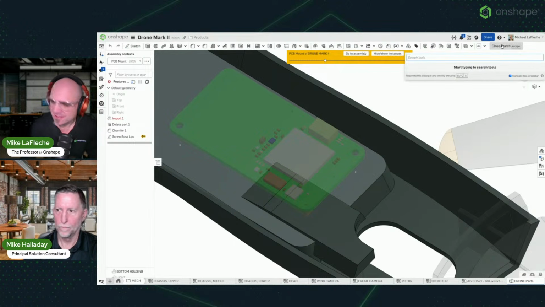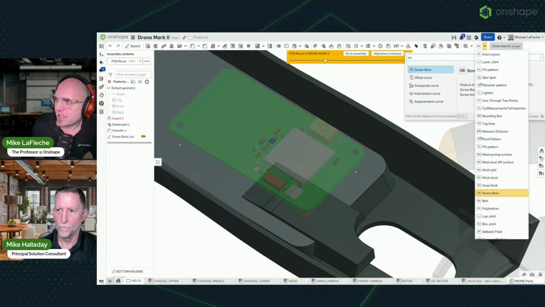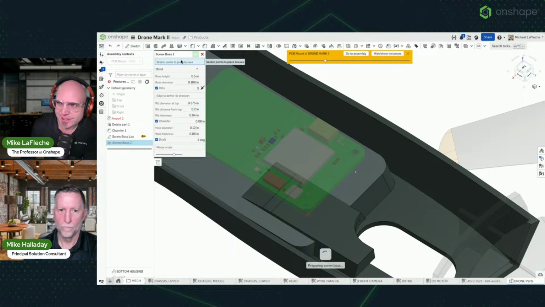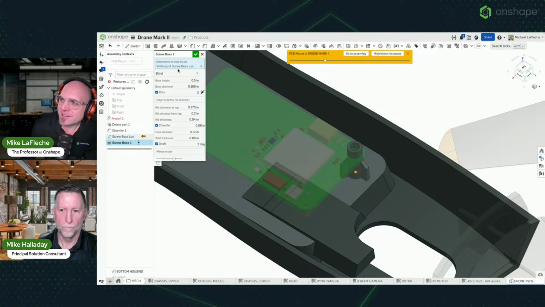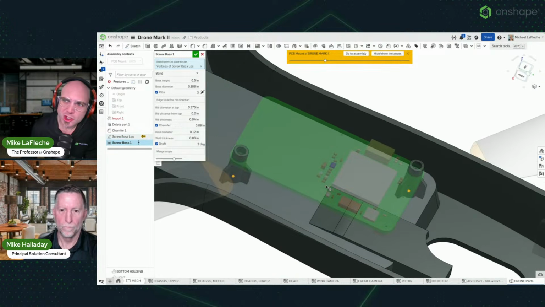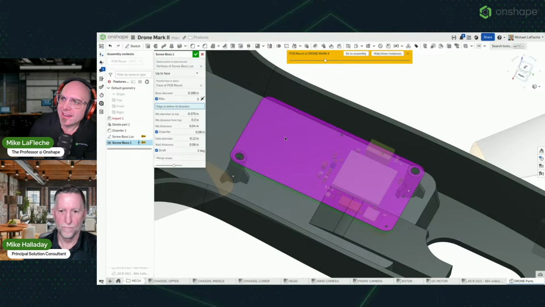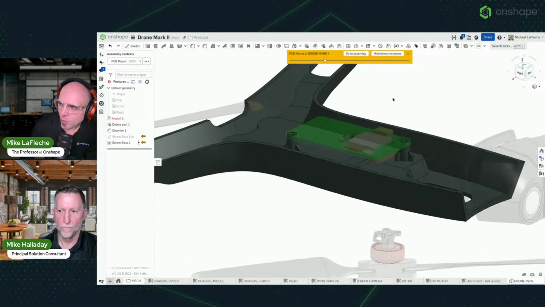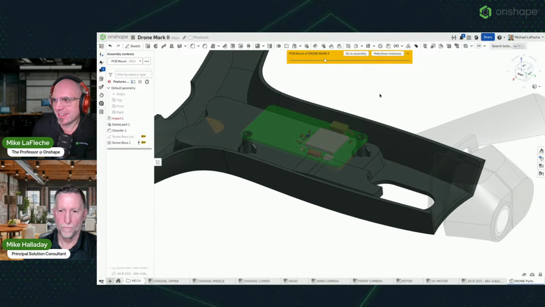And I want a screw boss. So in Onshape, you can manually draw a screw boss, or you can use a custom feature. Custom features are one of the superpowers of Onshape, where you can create common features over and over again that meet your company's definition. I want this to go up to a face like there, and 3. Yeah, okay, that's fine. I'm not gonna win an award for plastic part design here at the second, but there we are. We have a screw boss on our part. It's referencing the